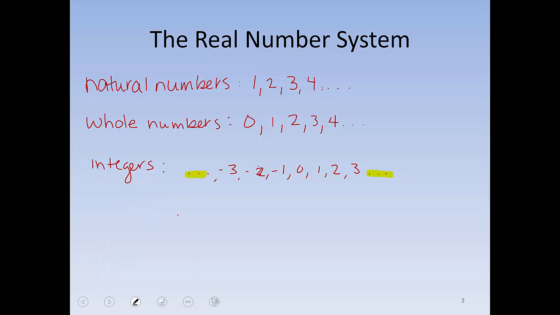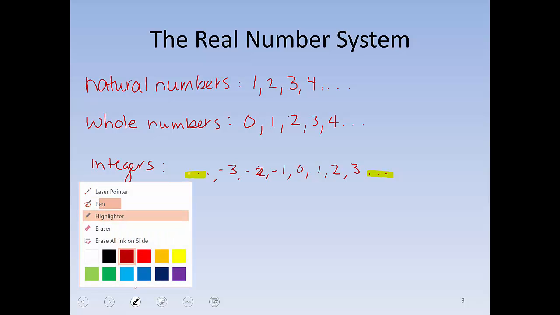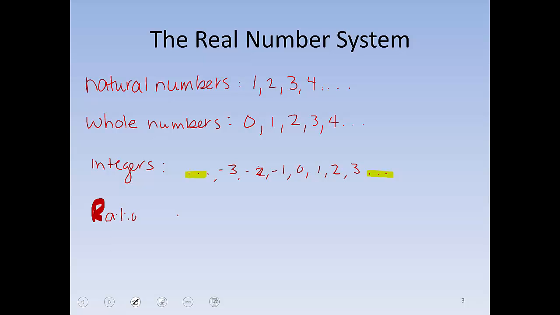The next classification we have are what's called rational numbers. Now, our rational numbers are all sorts of numbers that include fractions, decimals, and whole numbers and integers. So these include all sorts of things, but they must be able to be written as a fraction. So examples of rational numbers are 1/2,